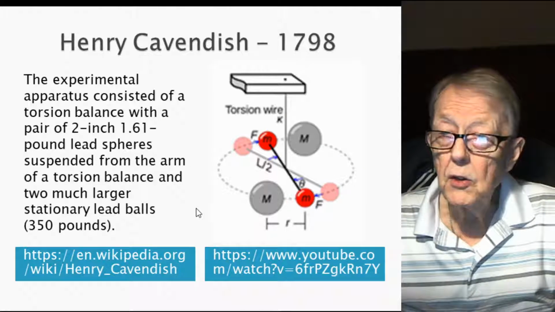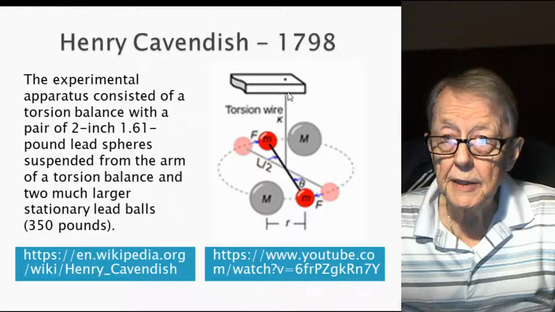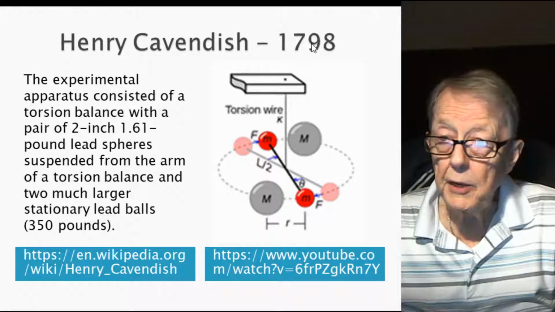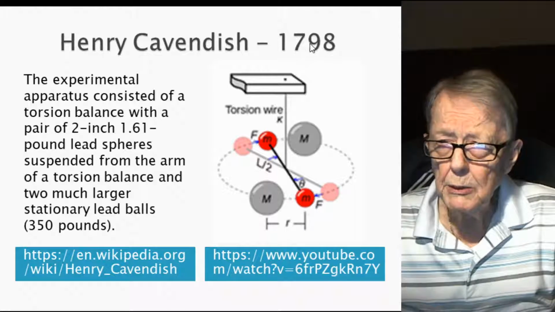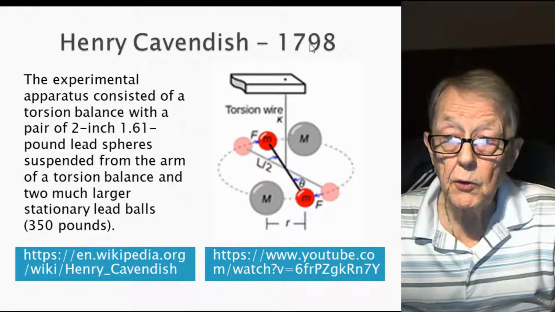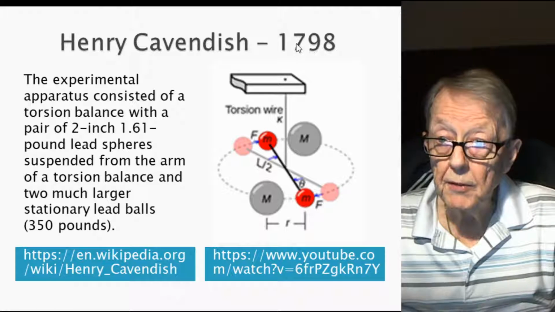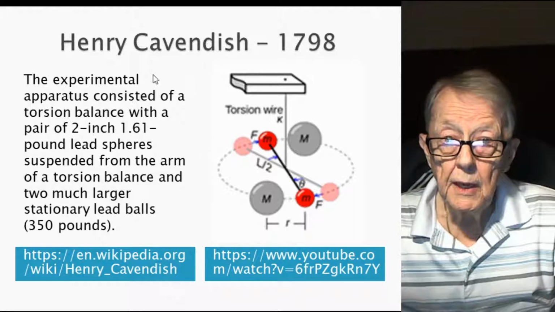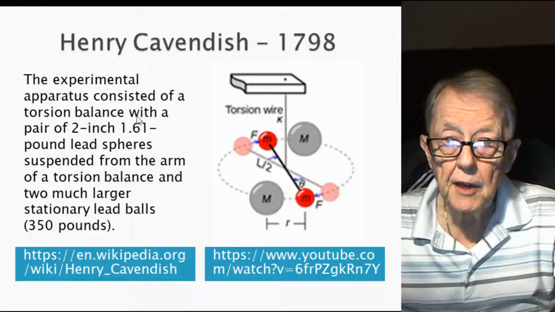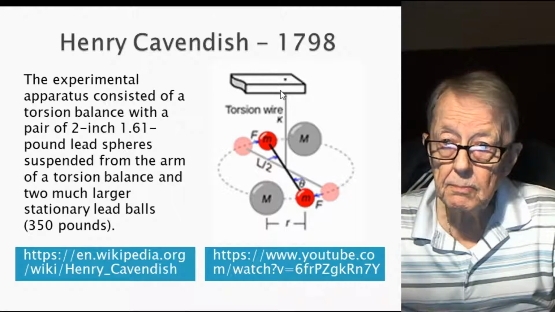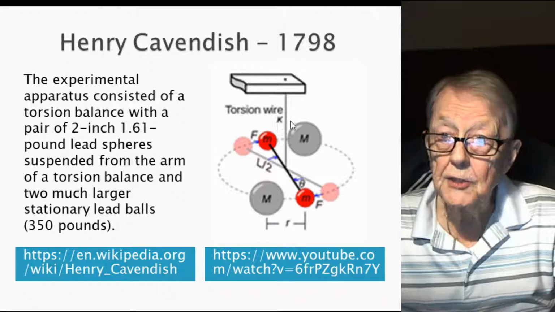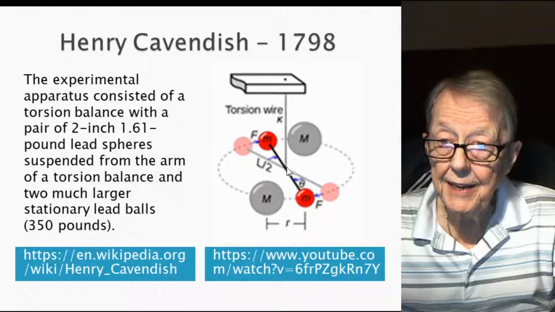Well, the value of G was first determined in 1798 by Henry Cavendish. That was about 130 years after Newton developed the statement, so Newton didn't know what the value of G was. The experimental apparatus consisted of a torsion balance. This is a torsion wire. It has its own constant of proportionality, K, and